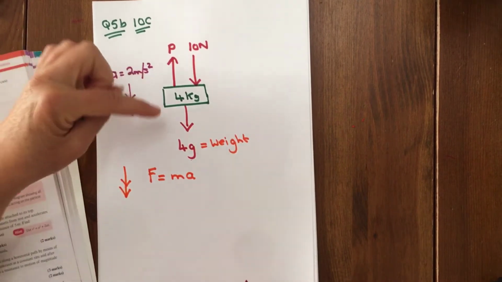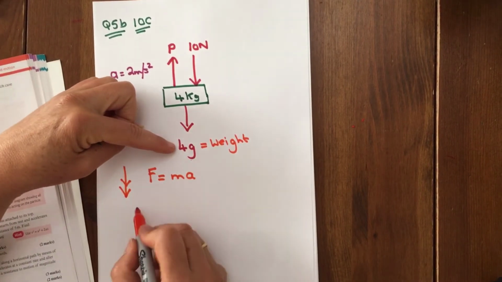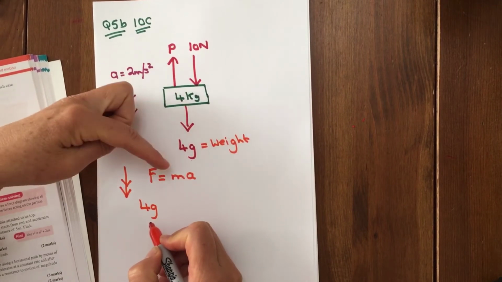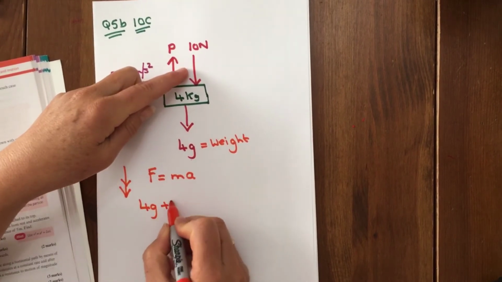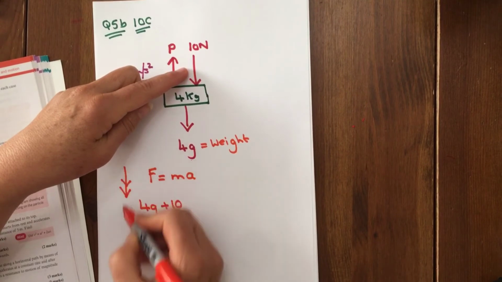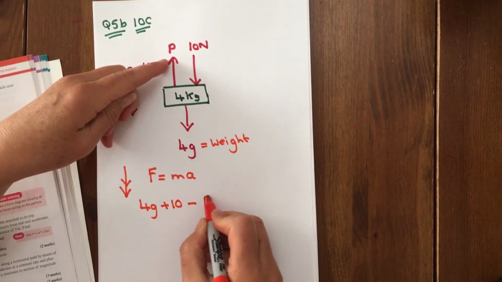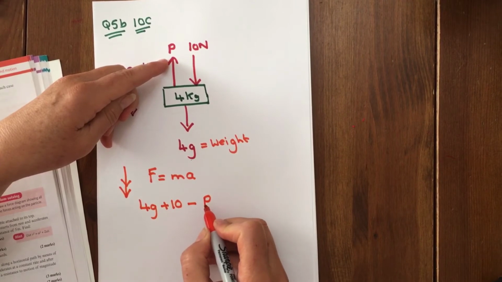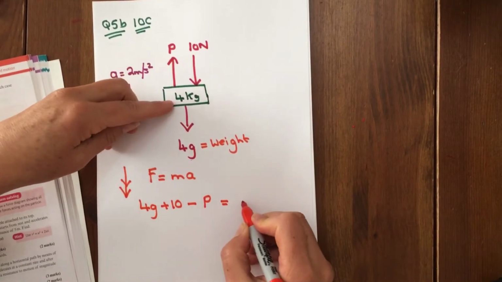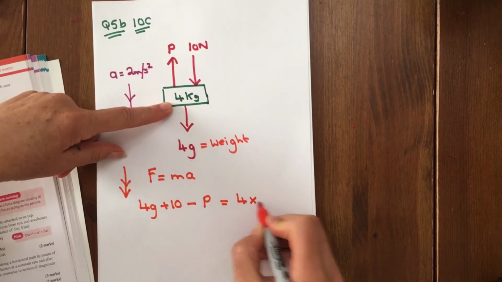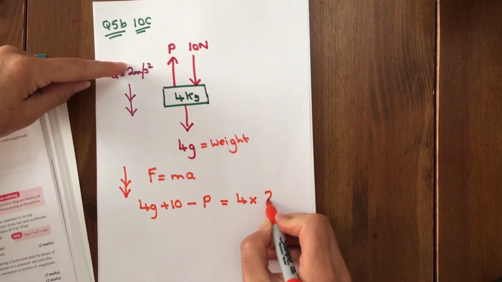So let's look at the forces acting on this object. I've got 4g going down, that's positive. I've got 10 going down. Remember, I'm resolving the way the acceleration is going. So I've got plus 10 and I've got minus P. And that equals the mass of my object, which is 4, times the acceleration of my object, which is